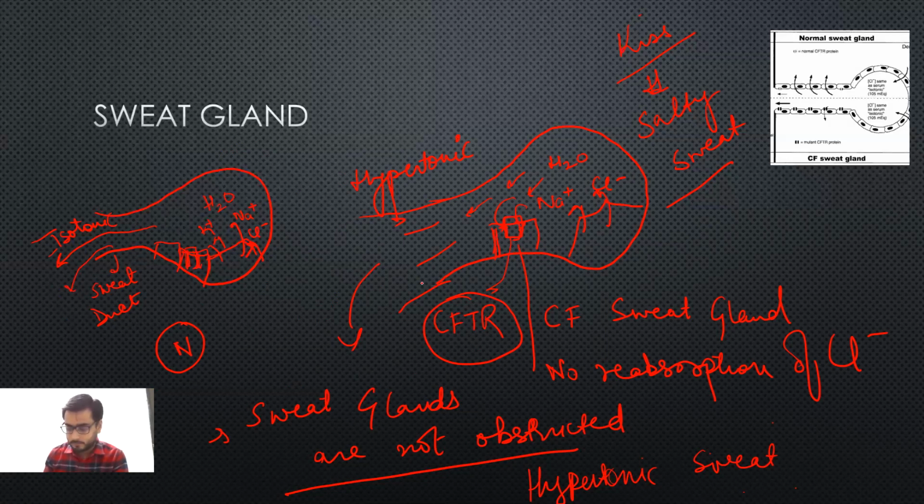But in cases of cystic fibrosis, the sweat formation is the same, but the adjacent sweat gland cell is not having a properly functioning CFTR protein, whose function is chloride transport. Chloride is not getting inside, so this sweat will be rich in sodium and chloride. It will be coming out from the duct. Remember, these ducts are not obstructed. This comes as a question. Now, the mother complains of salty sweat while kissing.